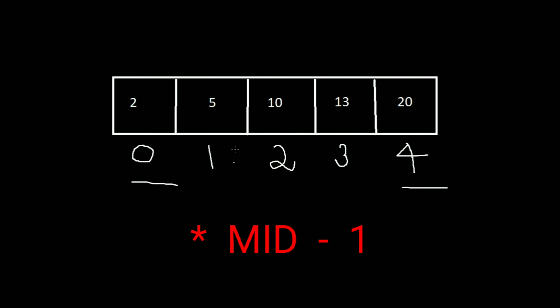So now let me do that. This is the middle index plus 1. So now our first index is 0 and last index is 1. Now find the middle index of this. It will be 0 plus 1 by 2, which will give you the answer as 0.5, right? The answer will be 0.5, which the computer will convert to 0. So now is 2 the answer you are looking for? Yes, it is. So 2 is equal to 2. Hence we can prove that 2 belongs to this array.